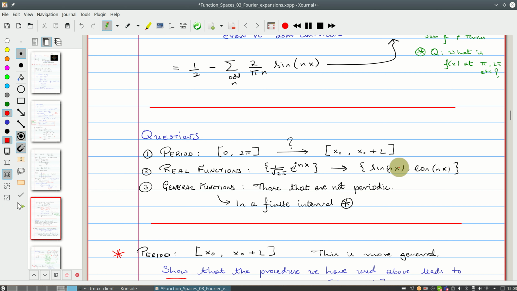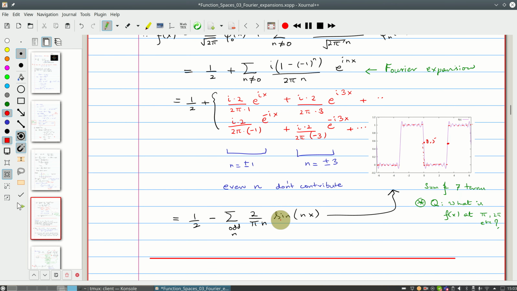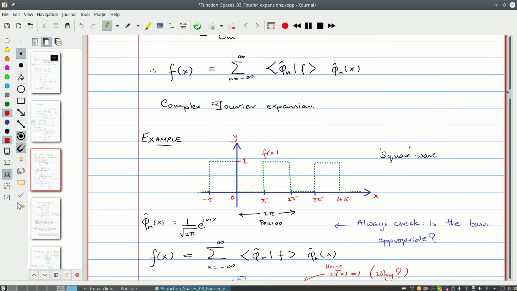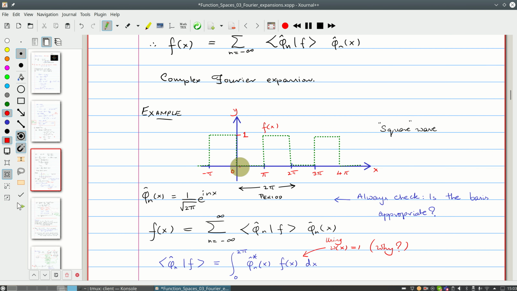Before we move on, I want to comment on why in the above expansion we ended up with just a sine term and a constant term. What happens to the cosine term? If you have seen a Fourier series before, you would know that you expand in terms of a sine and a cosine. The answer has to come down to symmetry. Here's my Fourier expansion. This is the function I want to represent with a Fourier expansion. If you look at it carefully, you will find that